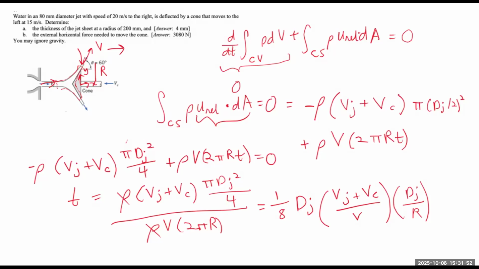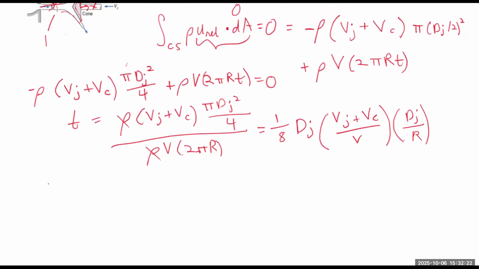Basically, we can start at point 2, the location that is exposed to the atmosphere, over here. So point 2, and this is point 1. Point 2 is at the exit of the control volume, and point 1 is the entry point of the jet stream. So basically, by Bernoulli's equation,